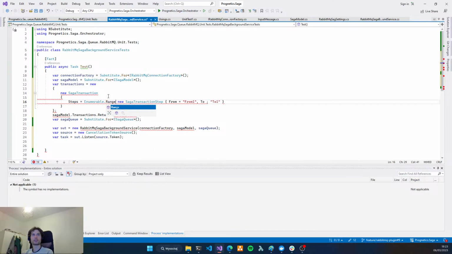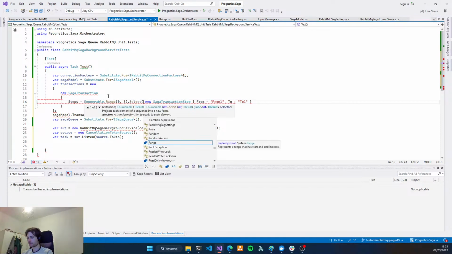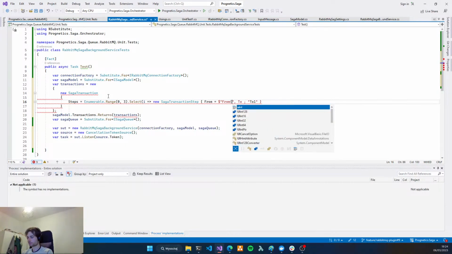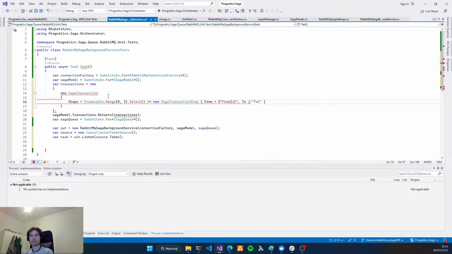It was Range. Let's select the index, and now we can select SAGA transaction step. Here let's pass E, and here let's pass E. Okay, it should be equals.